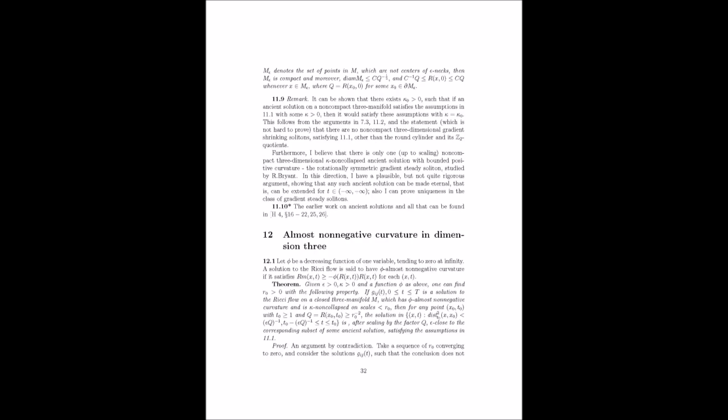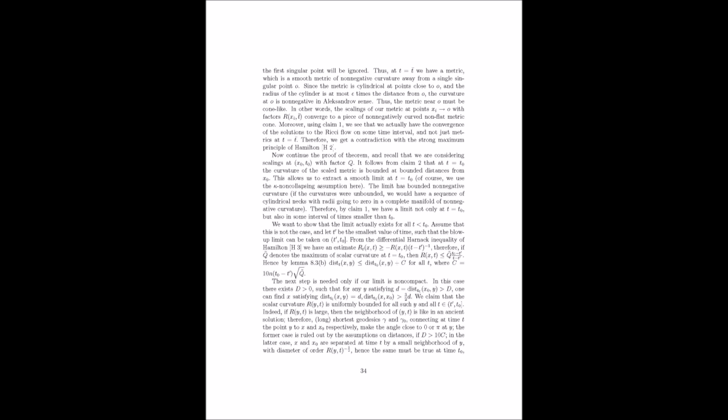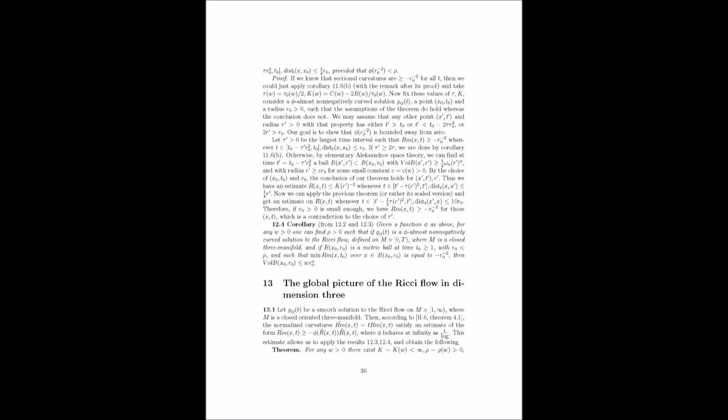Okay, so we're comparing our evolving shape to these simpler model solutions. How does that help us understand the Ricci flow? Well, the reduced volume has this remarkable property. It actually decreases under the Ricci flow. Hold on. Didn't we say that the entropy is non-decreasing? Yes, that's correct. And isn't the reduced volume also a measure of how spread out or disorganized the shape is? Yes, you're right. Are these two ideas in conflict?